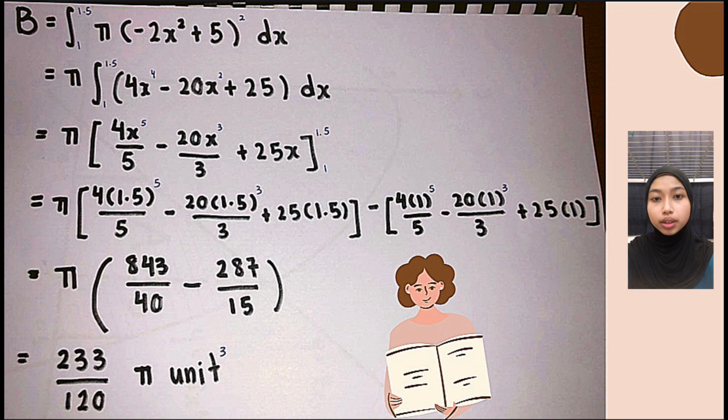Then, when we integrate, it will become pi bracket 4x to the power of 5 over 5 minus 20x cubed over 3 plus 25x bracket 1 to 1.5. Then when we replace